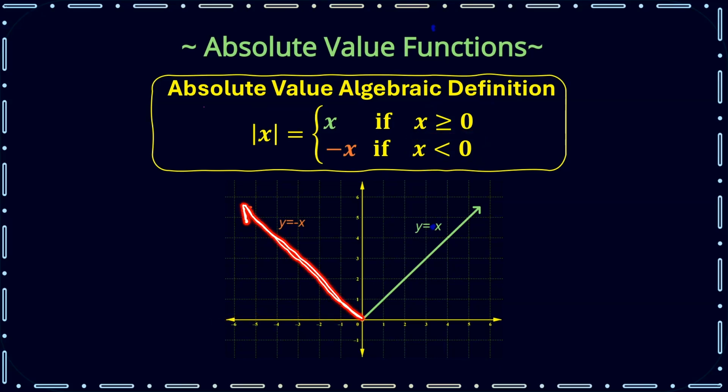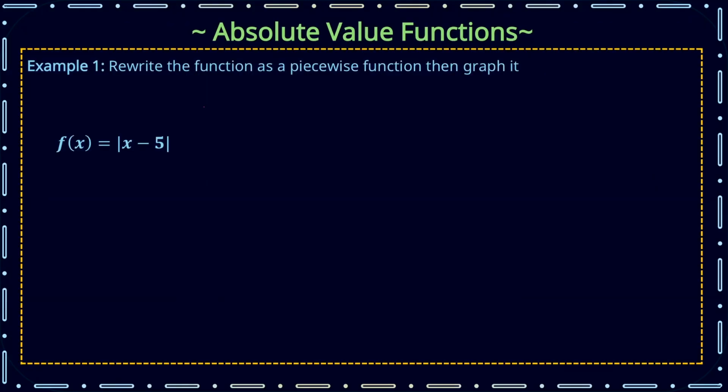The line with a slope of negative 1 going through 0, 0. This line is only drawn on the interval x less than 0. Keeping this definition in mind, we can rewrite absolute value expressions as piecewise functions, and that will come handy in calculus. So let's